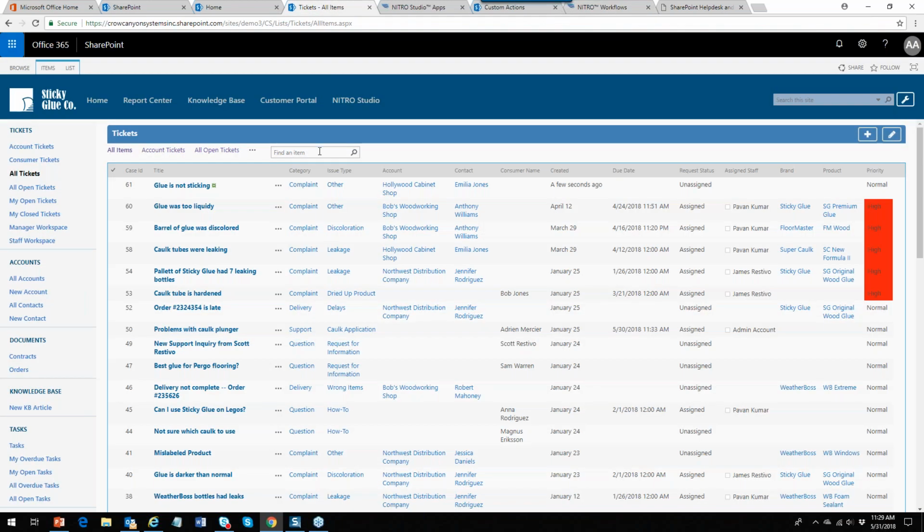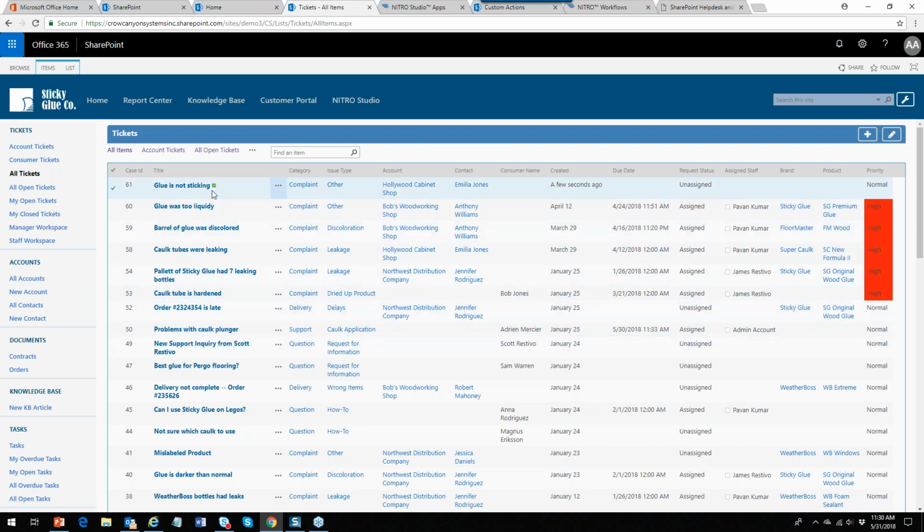So let's go back to the application here. We now have this ticketing system, this customer support system, where when an item is created, certain things are going to happen. We're going to auto reply to the user. We're going to notify the account rep. Set up very easily with that workflow manager. Also, when the due date has passed, we're going to take an escalation action automatically, without any intervention by anybody: send an email, set the priority to high, reassign it to Pavan, and send an email to James if the brand is sticky glue. So that's the kind of thing where you can create either simple or complex applications using just the workflows